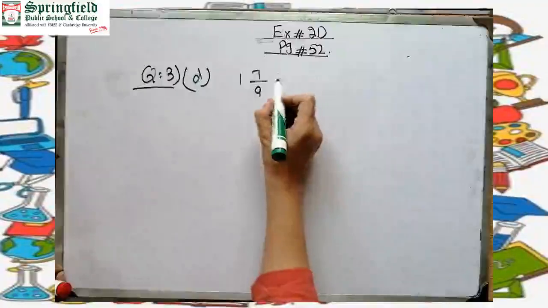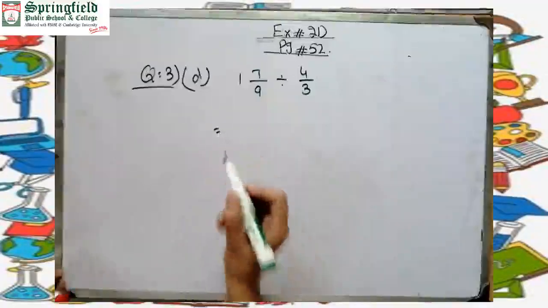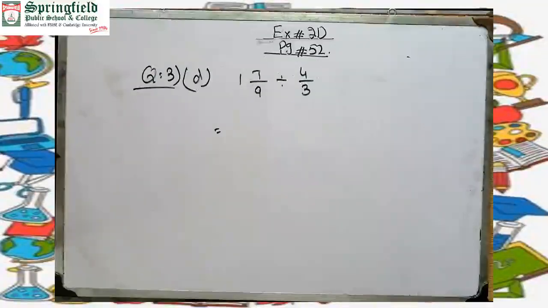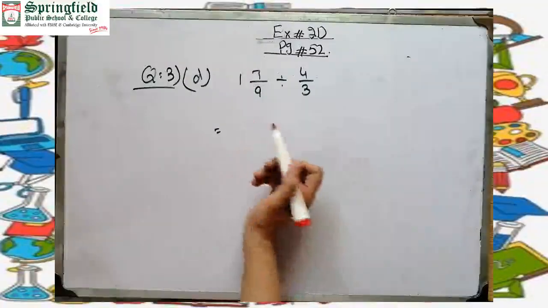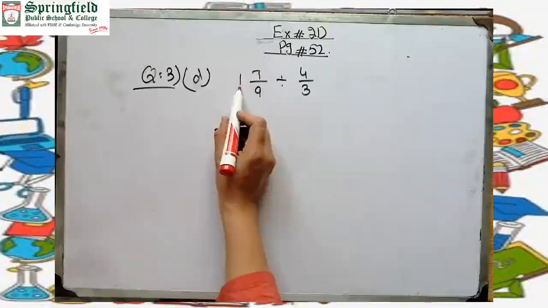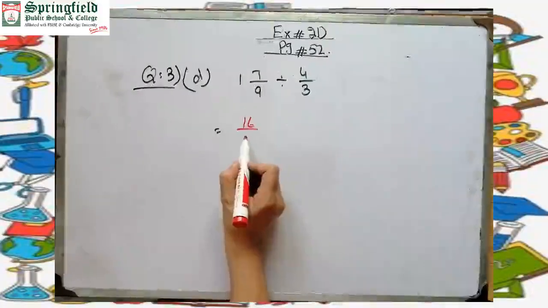divided by 4 by 3. So how can we solve this question? The first number is in mixed form and the second one is in fraction form. So first we will convert the mixed fraction into a simple fraction. Now 9 multiplied by 1 is 9, plus 7, 16 divided by 9,